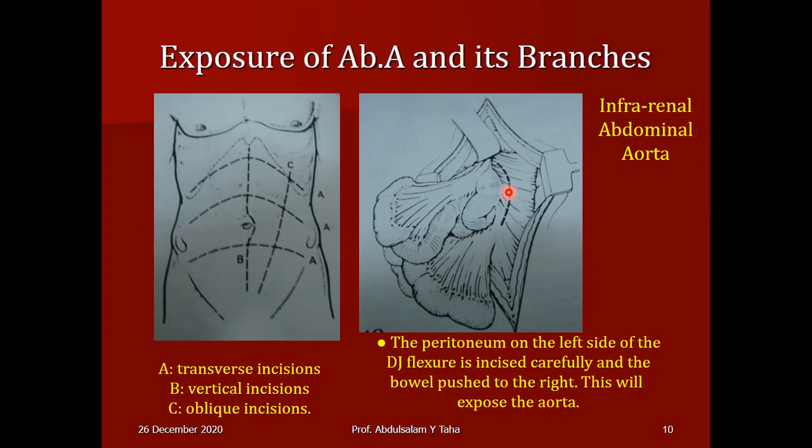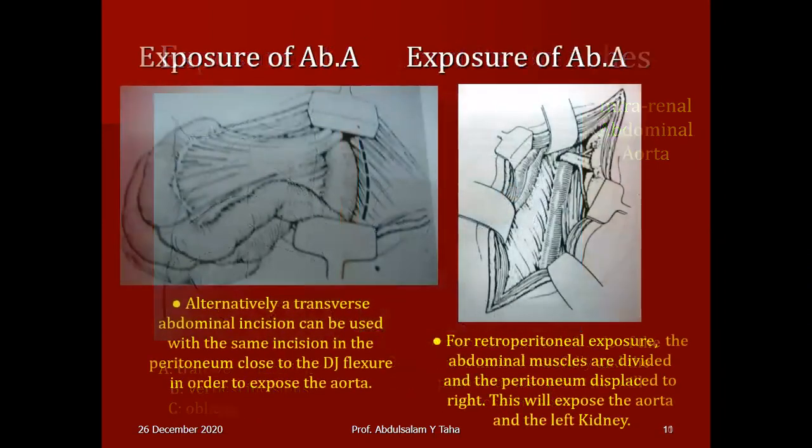And I'm sure you have seen this exposure in operations on the aorta for aortic aneurysm or for aortic occlusive disease. Okay, so this is the exposure of the abdominal aorta. The bowel is displaced to the right side and an incision is made in the peritoneum lateral to the DJ